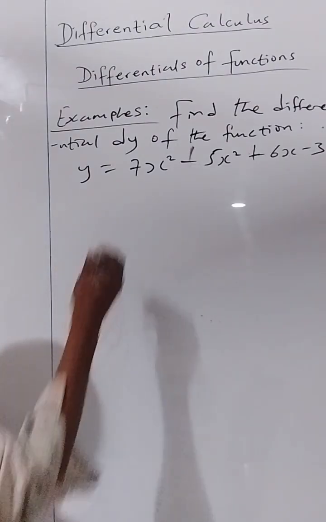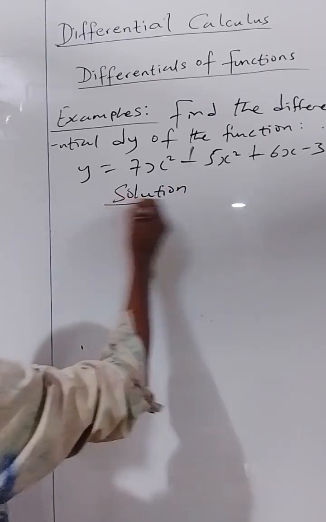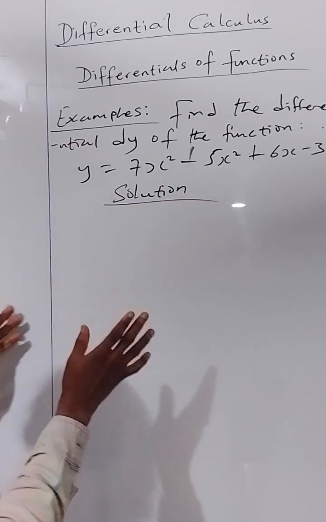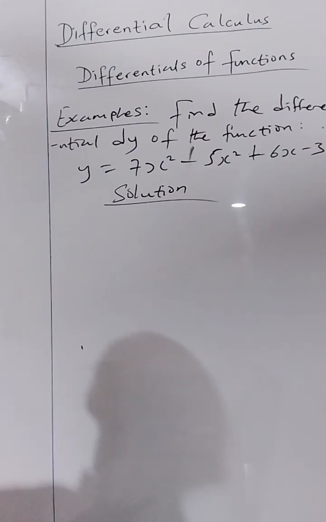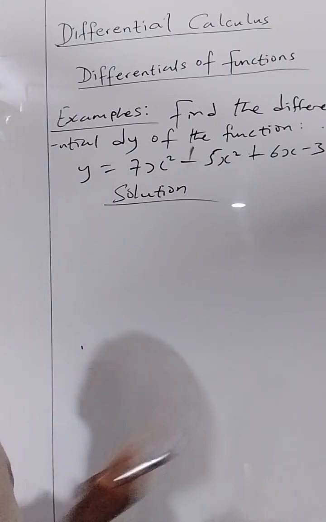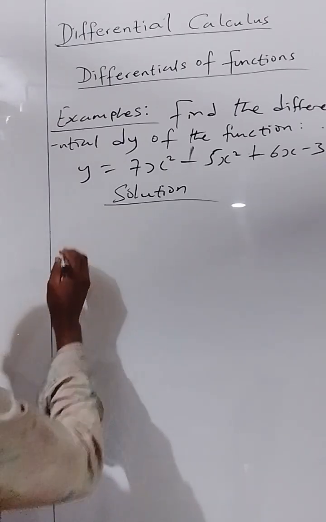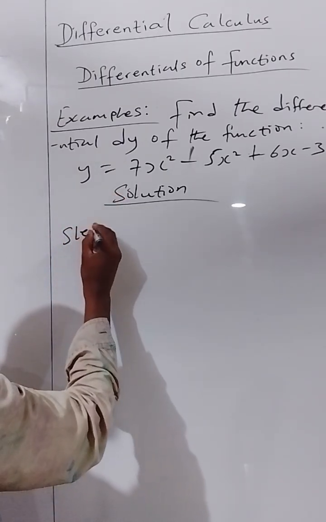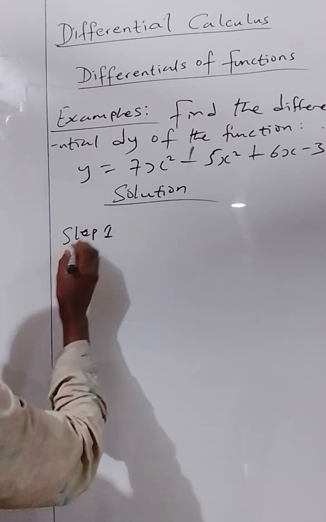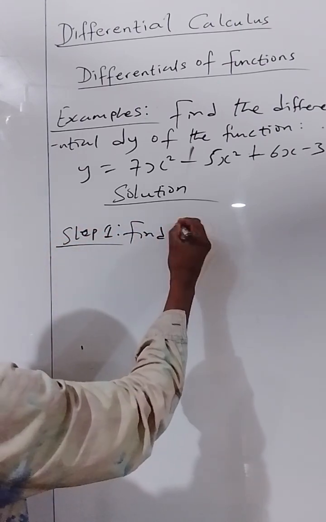How do we do that? It's very simple. We just apply the rule. Don't forget the derivative. The best way to find the differential is to first find the derivative, then you make dy the subject of the formula. Now let's find the derivative. Step 1: find the derivative